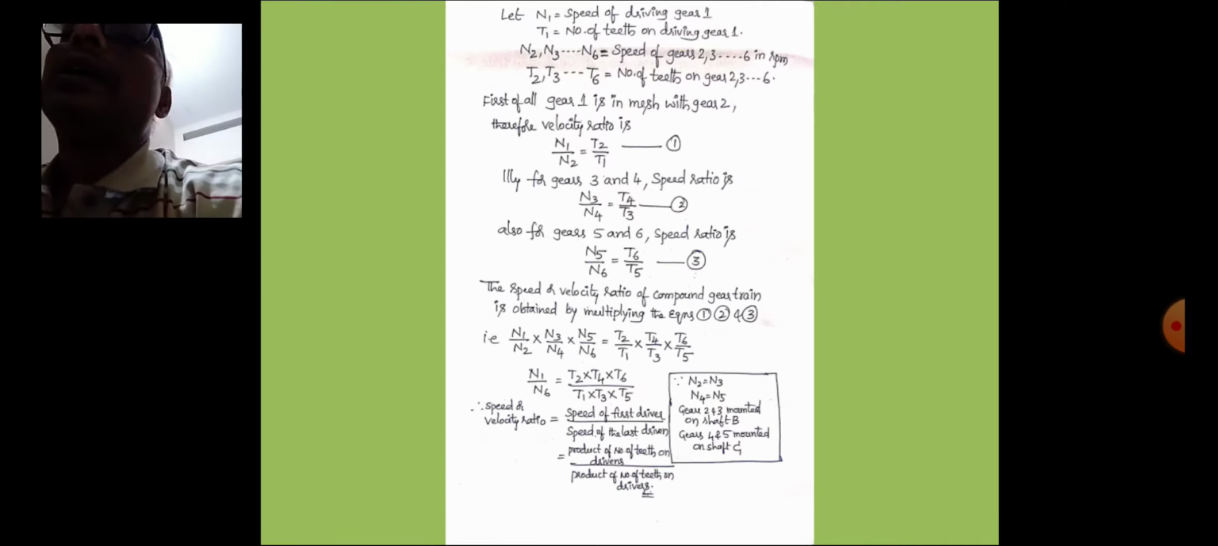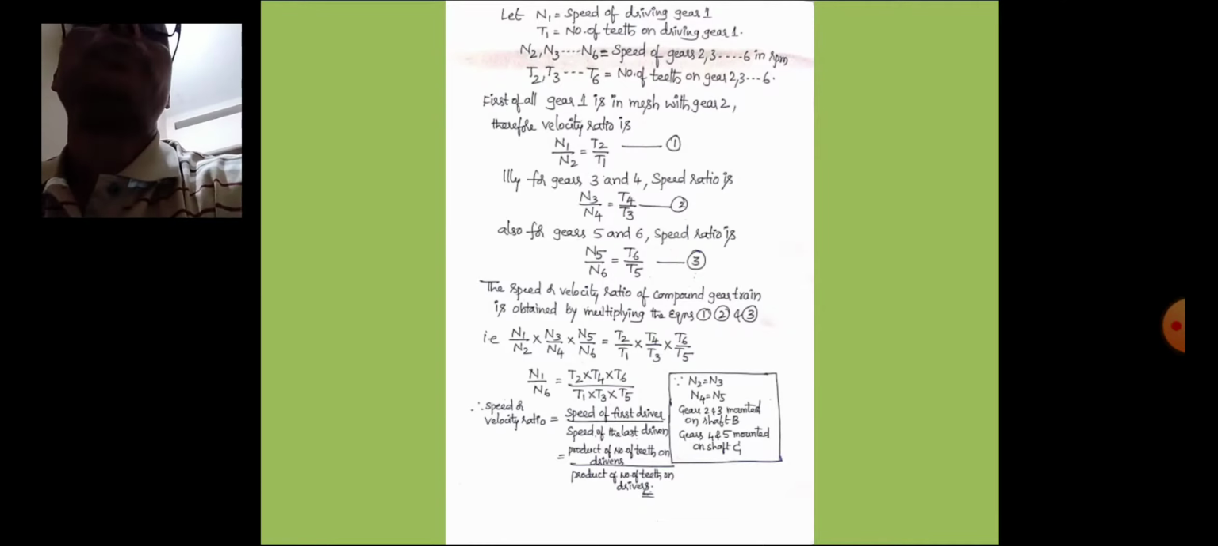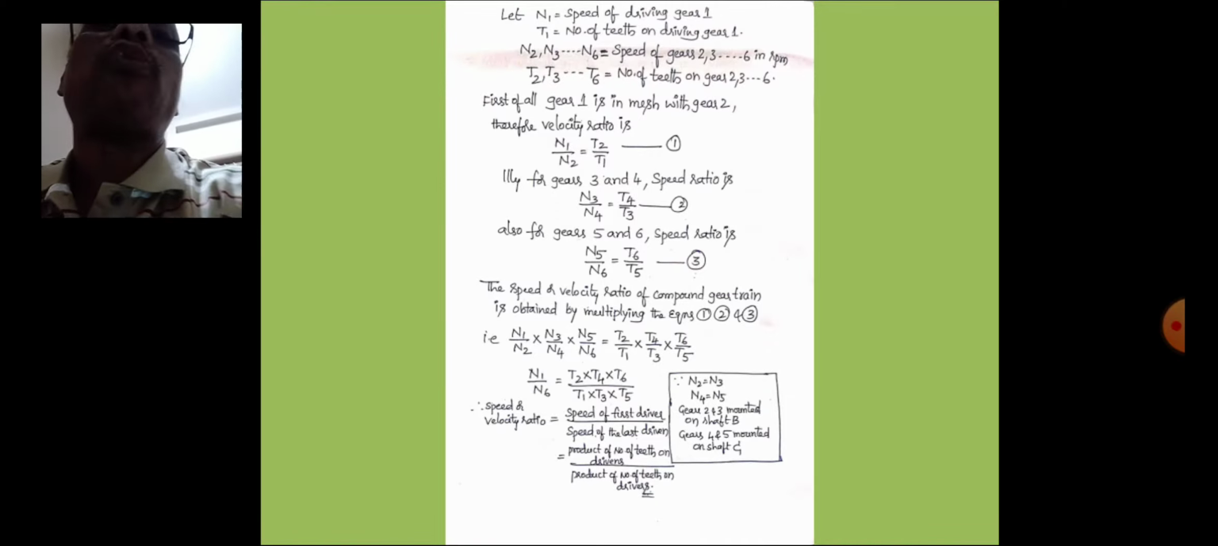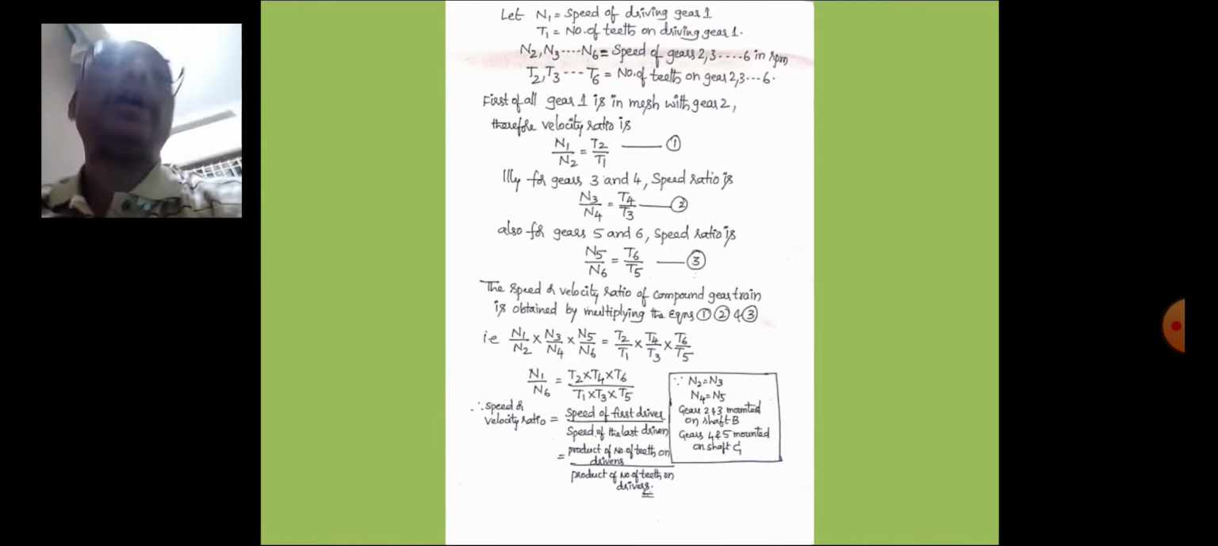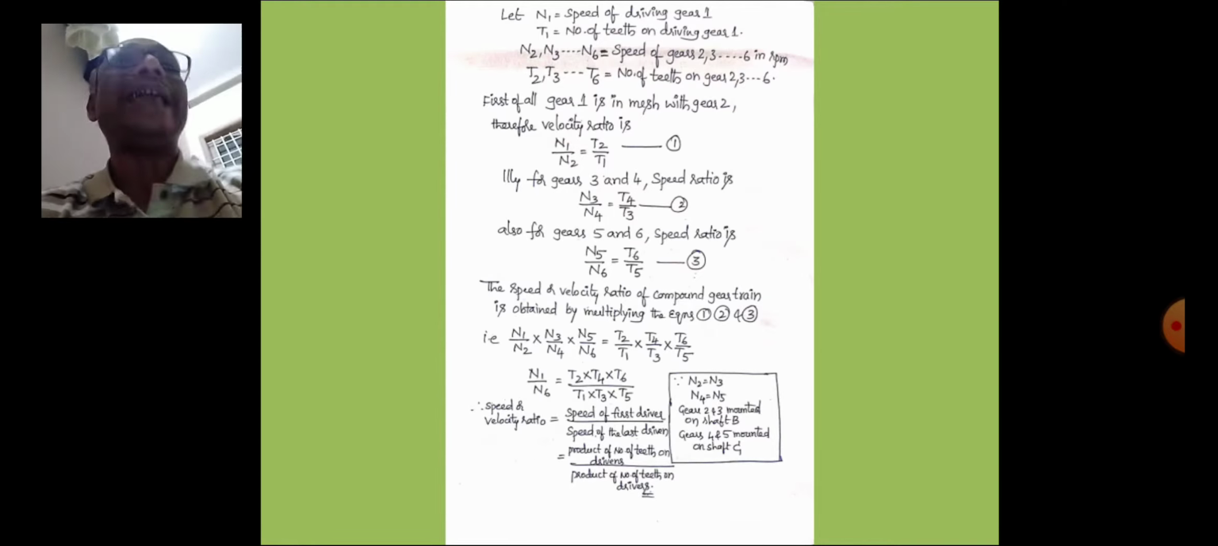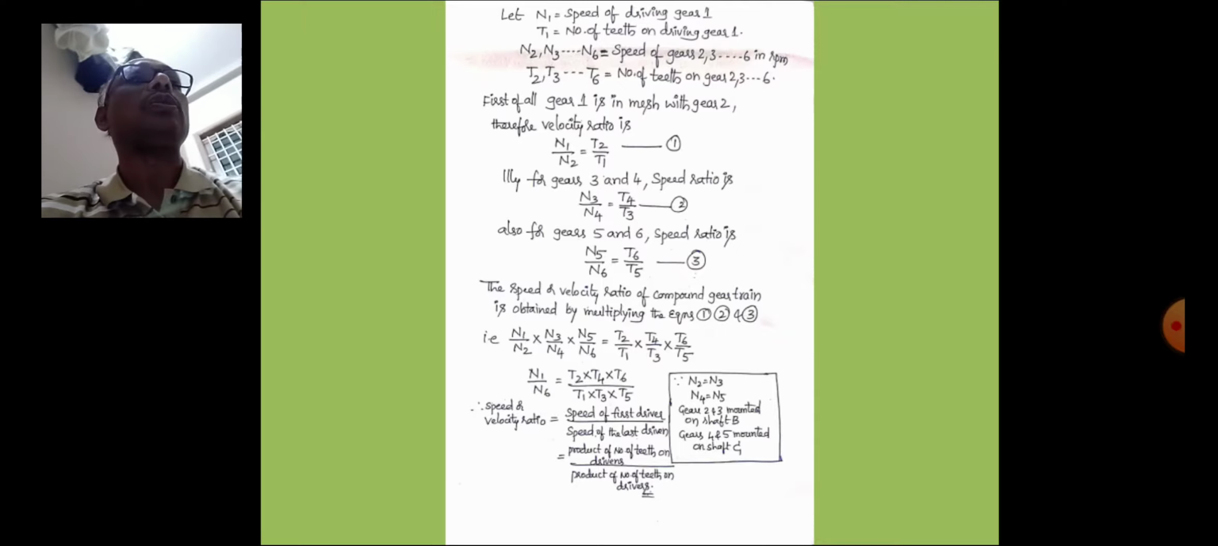Similarly, next, in whatever direction gear 2 is rotating, gear 3 is also rotating in the same direction with the same speed, because 2 and 3 are compound gears. So this gear 3 is in mesh with gear 4. Therefore, between 3 and 4, the velocity ratio N3 by N4 is equal to the reverse,